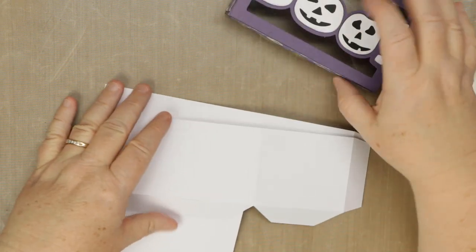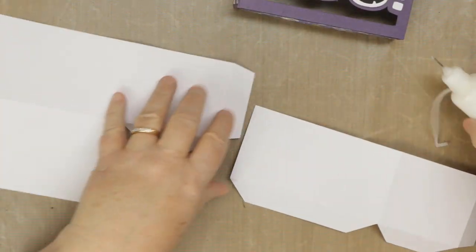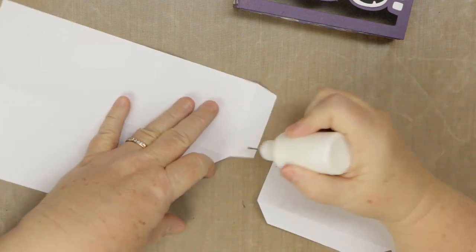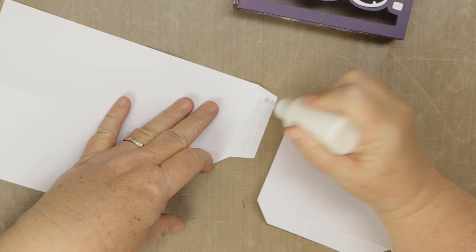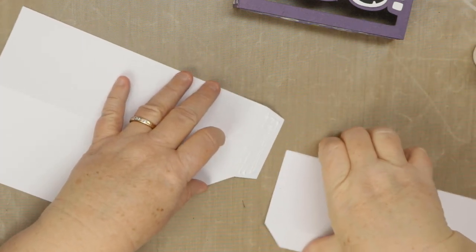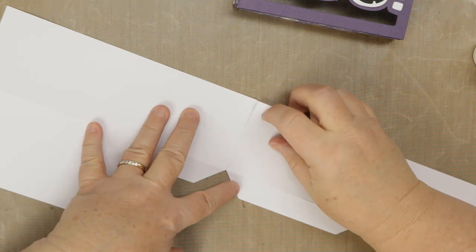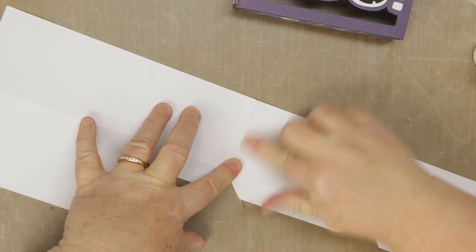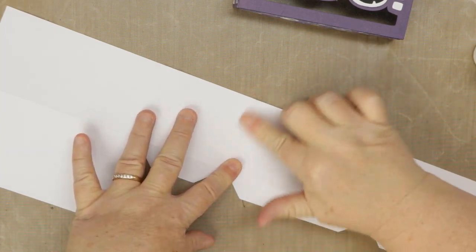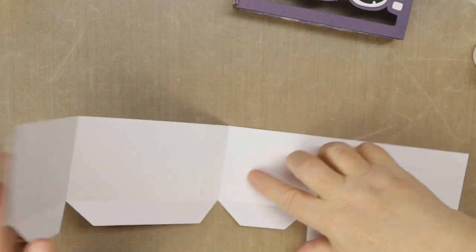So now that we have that done, all we have left to do is the box. I decided to just make it a plain box and just put all the decor on the top. So we're just going to add glue to the side tab. I'm just lining this edge up right up to the fold. And that makes it easy because